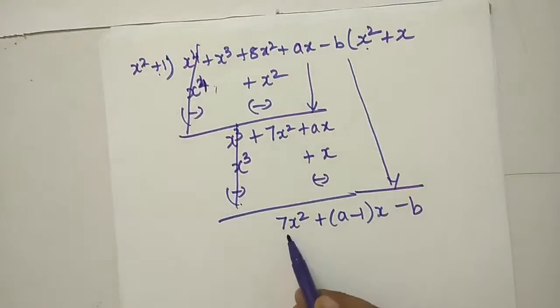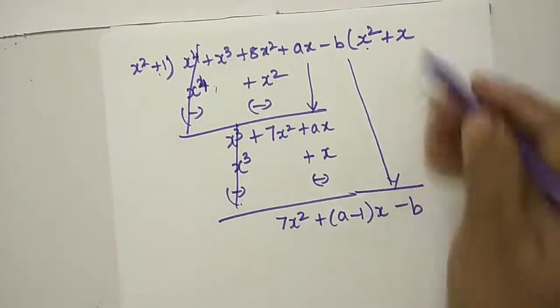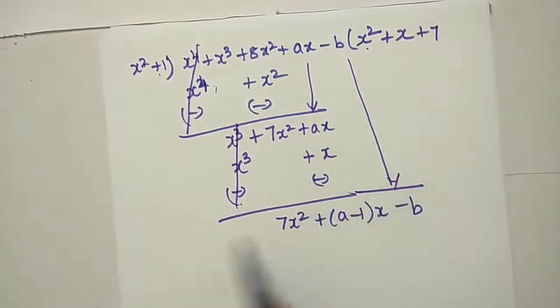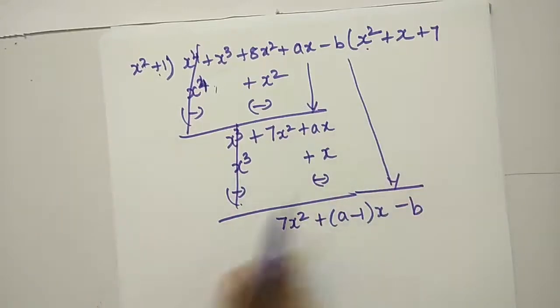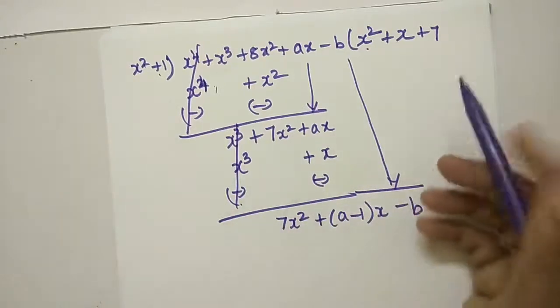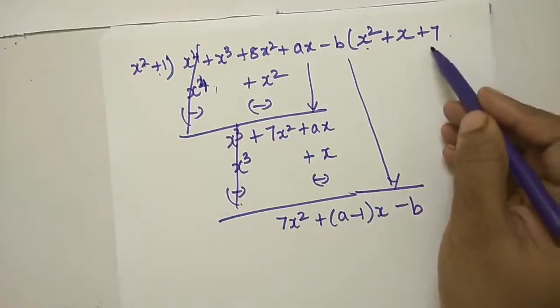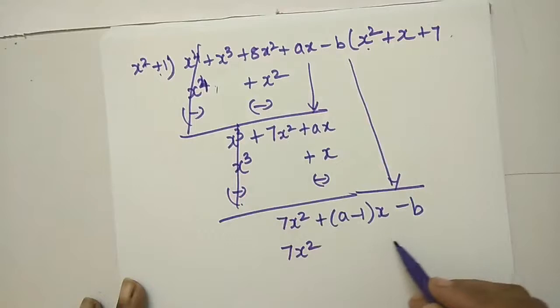Okay. Here 7x square. Here quotient is 1, here quotient is 7. So if you write, sign is plus. If you write plus 7, 7 into 1 you will get 7, is it not? Here x square and x square. So the quotient there will be x power 0. So no need to write x power 0, it is a constant term. Now multiply with g of x, you will get 7x square plus 1 into 7 is nothing but plus 7. Now change the sign.